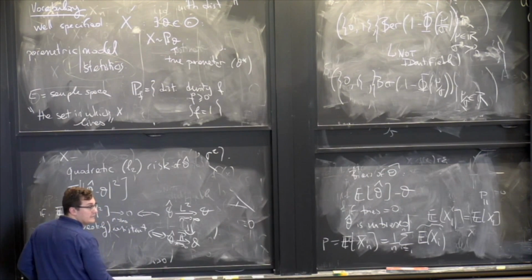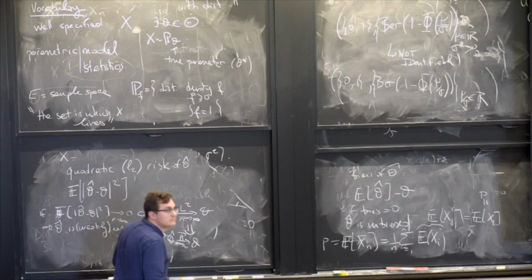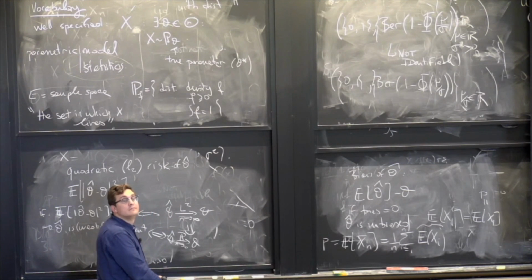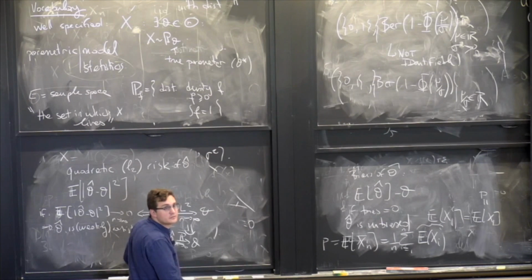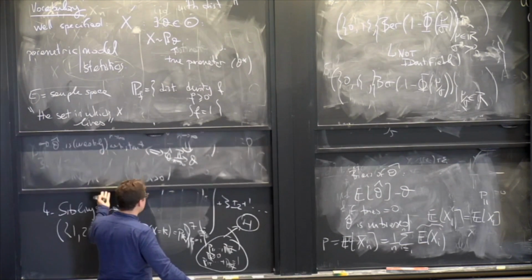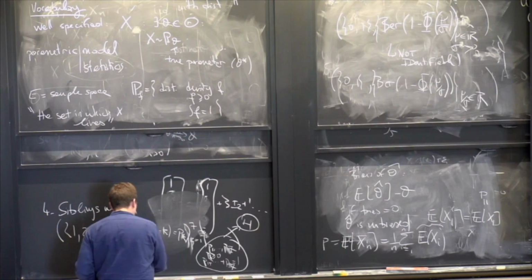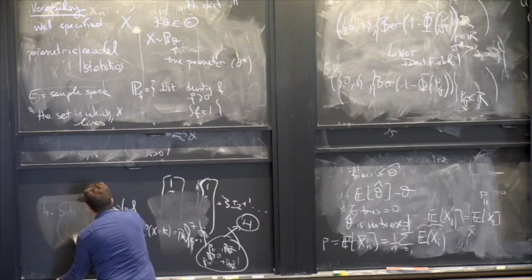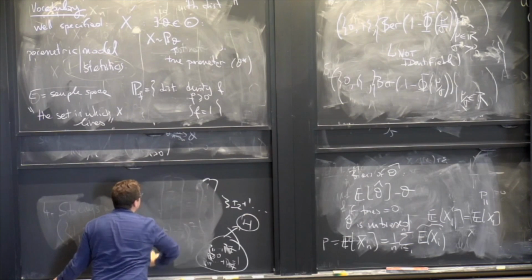And that's because of the... what guarantees the fact that Xn bar is consistent? Law of large numbers, right? Actually, it's strongly consistent because of the strong law of large numbers. Okay. So just in the last 2 minutes, I want to tell you a little bit about how this risk is linked to